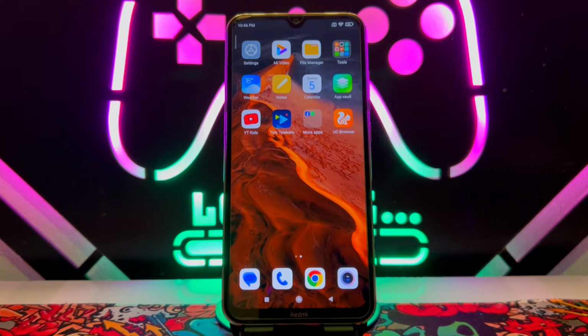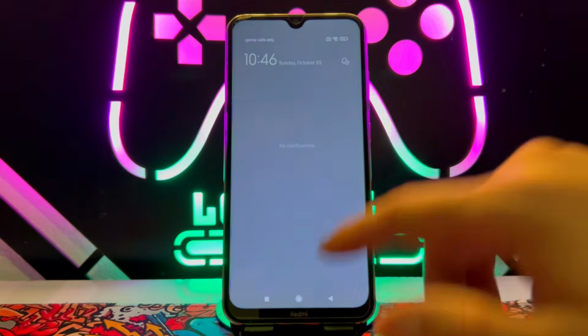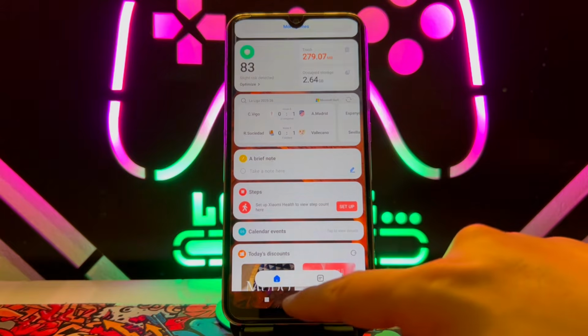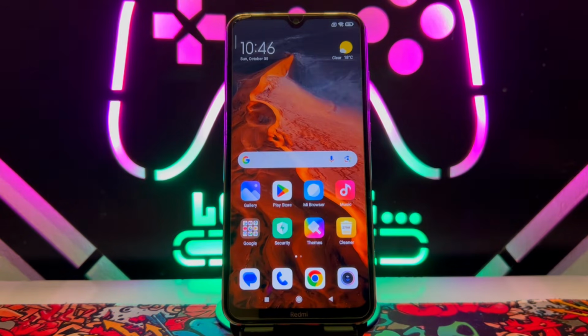Today in this video I just want to show how to block or remove ads from your Android device. Sometimes you will get them from the notification bar or from the left side of your Android device. So if you just want to remove them all, what you're going to do is open the settings